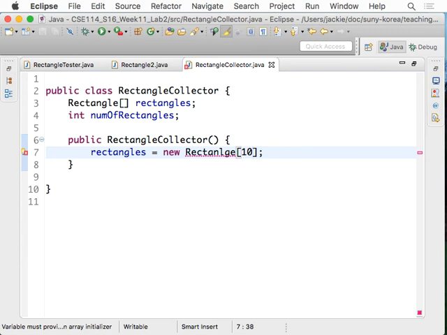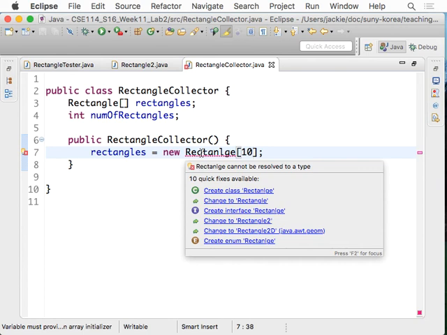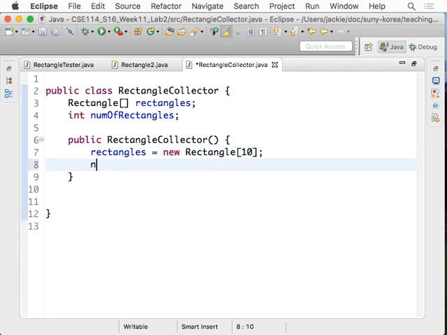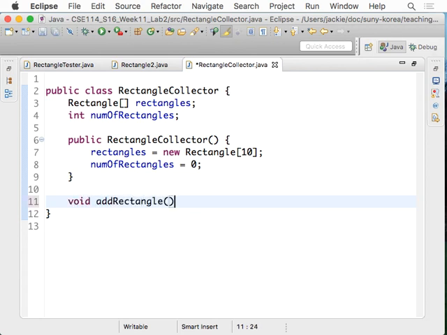New rectangle array. What did I do wrong? I'm pretty sure, yeah. Thank you. Yes, good. Okay, that's the constructor here. And of course, you can also say the number of rectangles is assigned to be 0, but it's not really necessary. It's a default value anyway. Okay, let's see how we can implement the add rectangle method. Void add rectangle